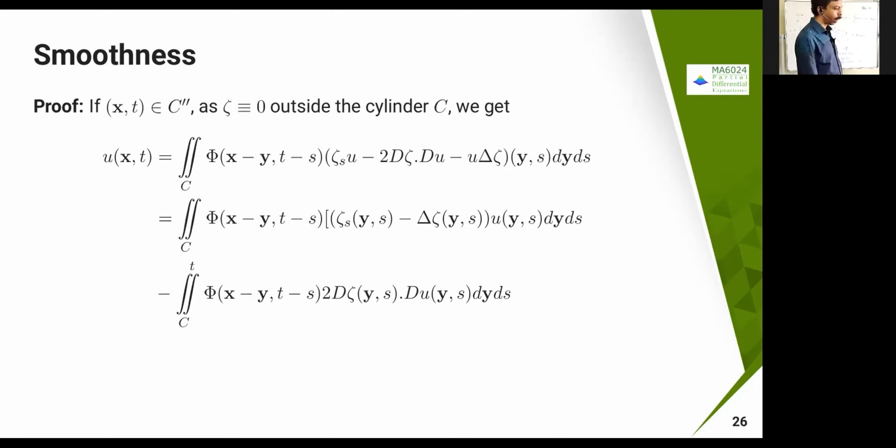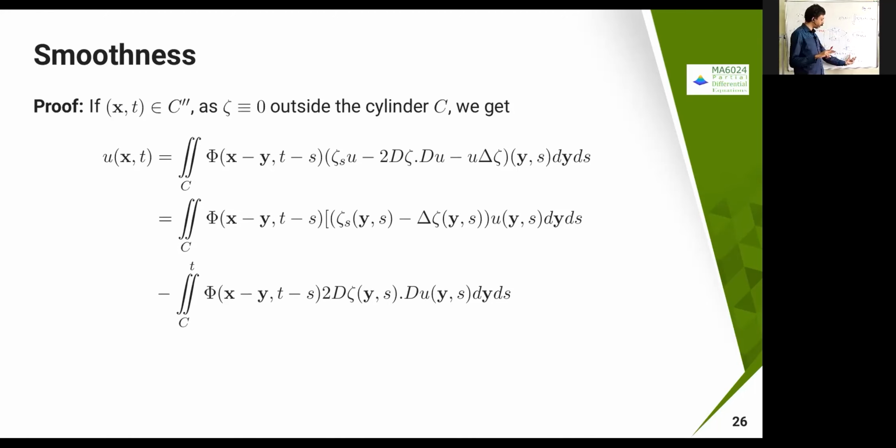So therefore, what you are going to get is that theta of x comma t is 1 within that cylinder. That's the reason I'm going to get u of x comma t and v of x comma t to become the same. So v equal to v bar we already applied. Now v of x comma t equals v of x comma t into psi of x comma t, but psi of x comma t is already 1 within that cylinder.